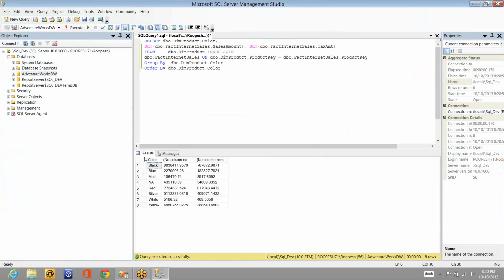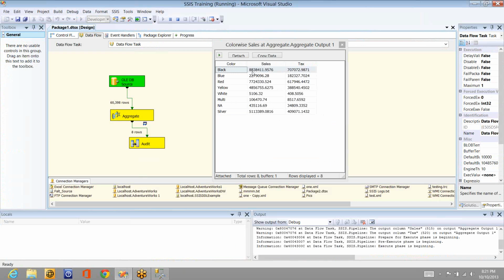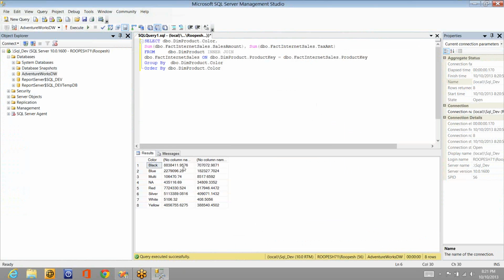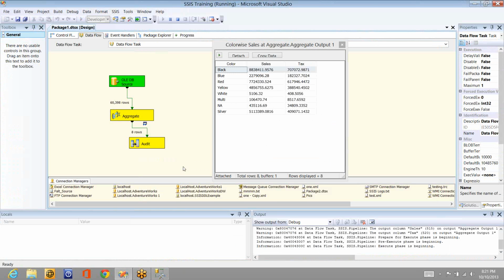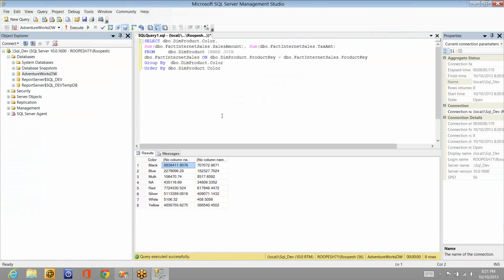And you can see the black, this is the sales 8838411.9576. So this is the black, white, blue, multicolor, not applicable, and so on. If you see, the data will be matching. Now let me go back,